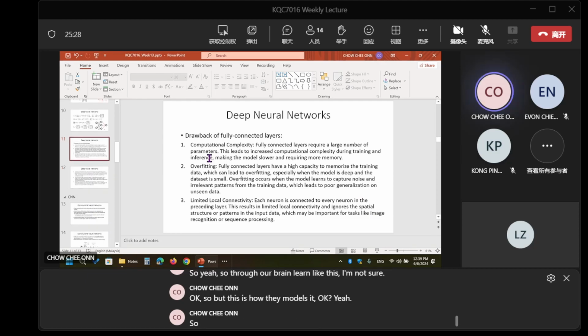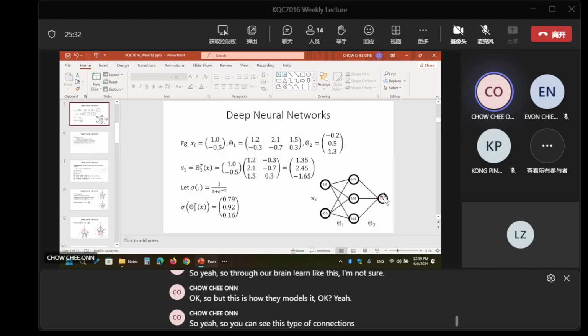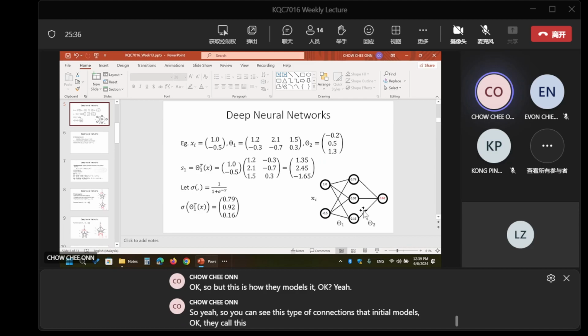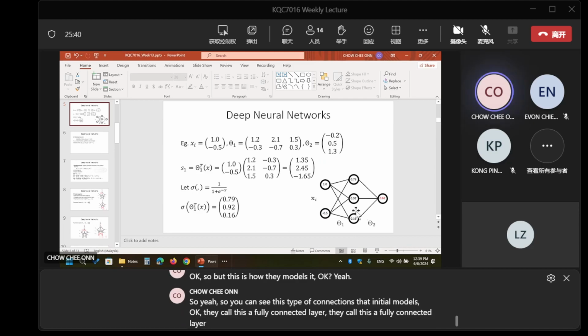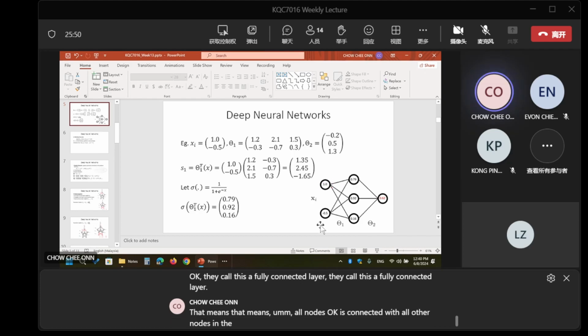You can see this type of connection in the initial models. They call this a fully connected layer. That means all nodes are connected with all nodes in the previous layer and all nodes in the next layer.